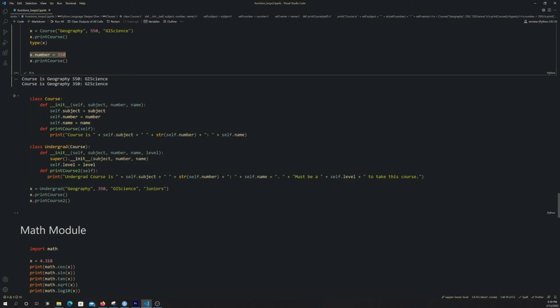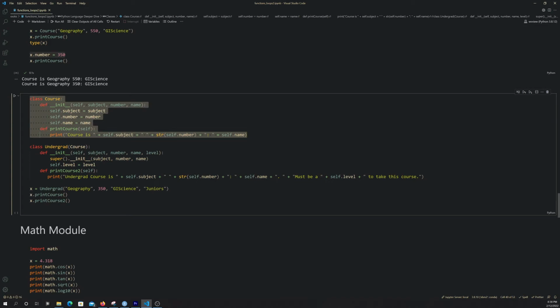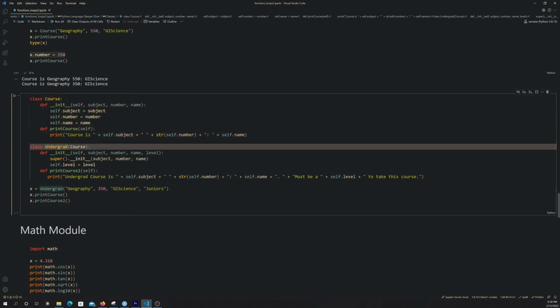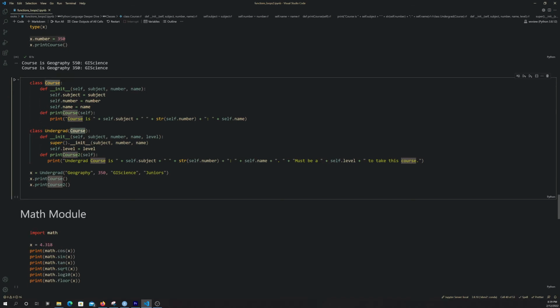So what I'm doing here is creating an undergrad subclass from the course class. This first line of code is the same as what we did above. I'm just recreating the class again, just so that everything's in the same spot, but that's actually not necessary. To subclass the class, you use the class keyword, then the name of the subclass, and inside the parentheses you put the class that you are subclassing or referencing. Then inside the init, we have again all the same